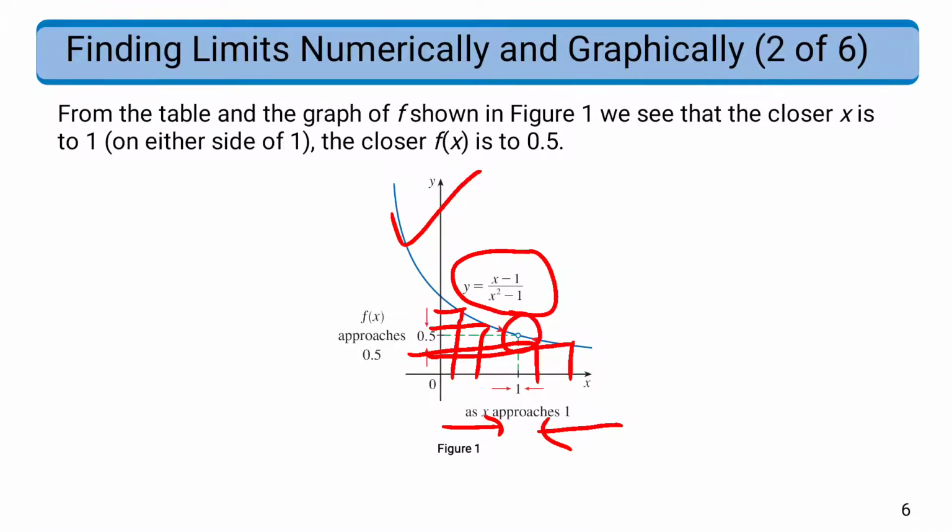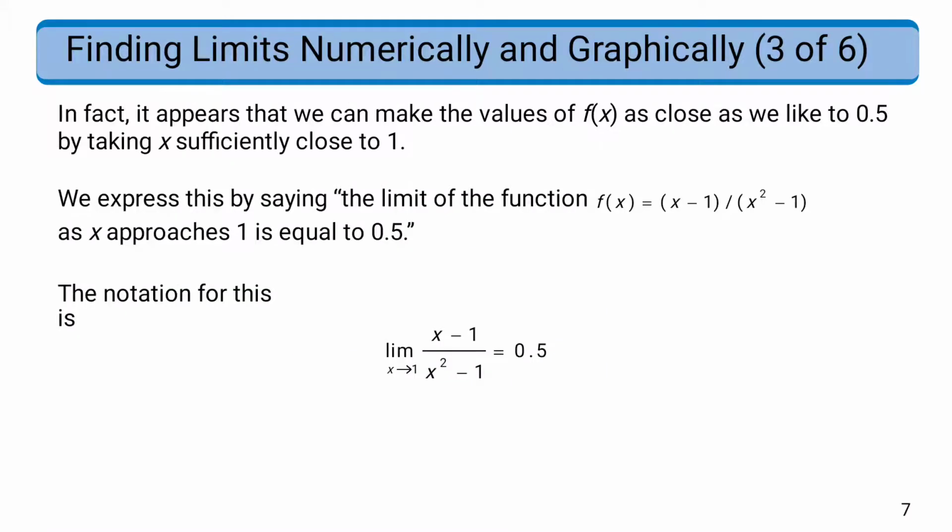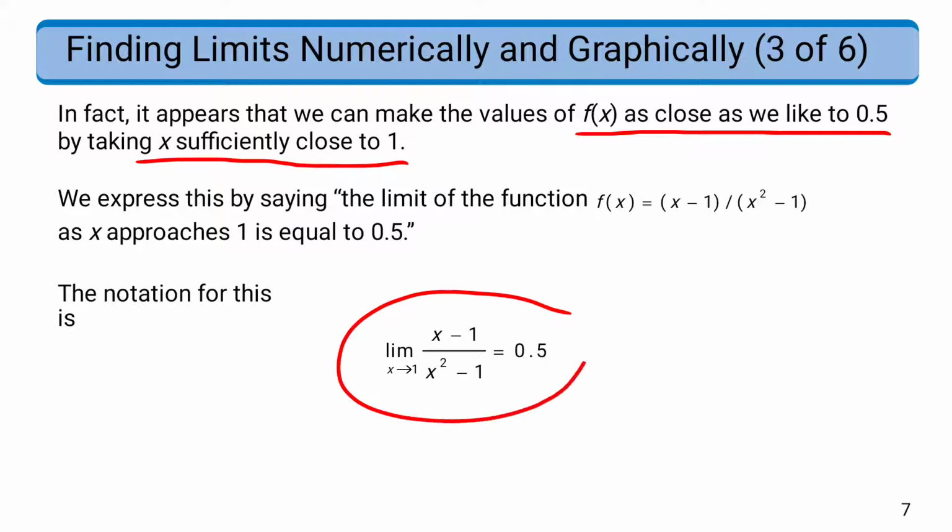That you should take it as a point. So what do you see with this example? We found that f of x gets as close as possible to 0.5 as we take values of x which are closer and closer to 1. And in notation form of the limit, we normally say the limit of f of x